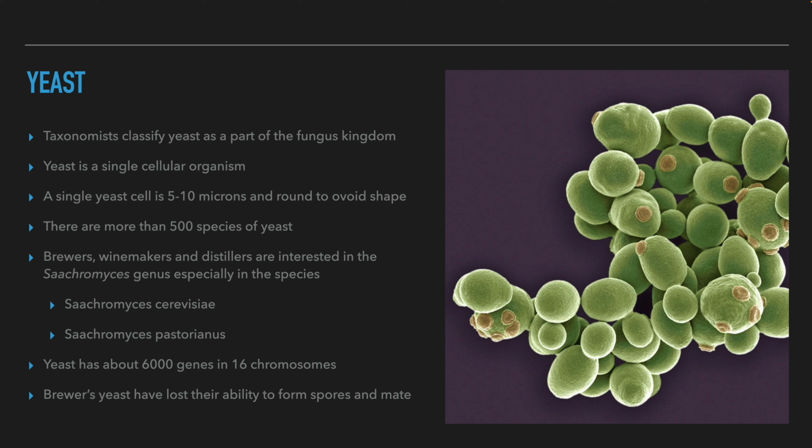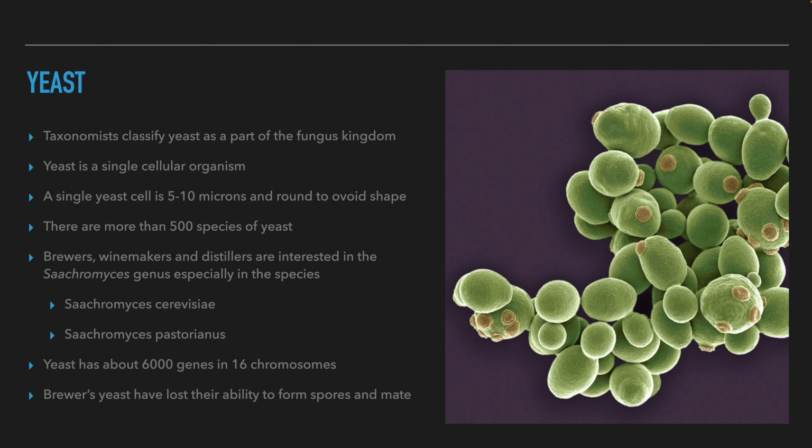Note, not varieties, species. As brewers or judges of beer, wine, mead, cider, and distilled beverages, we're interested in two main strains: Saccharomyces cerevisiae, which are ale yeast, and Saccharomyces pastorianus, which are lager yeast. An average yeast species has just over 6,000 genes on 16 chromosomes. Indeed, if you compare it to the 36,000 genes in human, it is not much, but we still don't understand